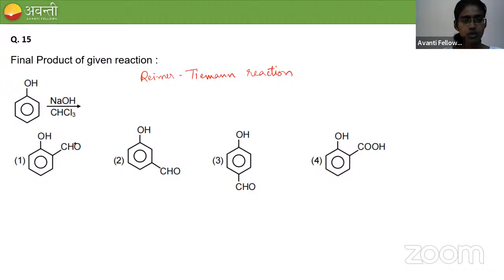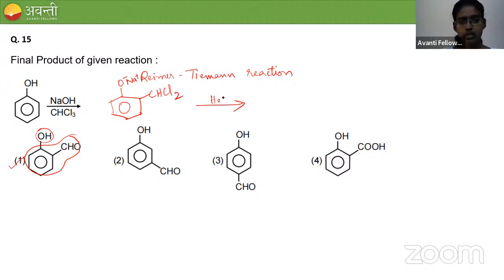So who is orthohydroxy benzaldehyde here? Ortho means adjacent position, right? In the adjacent position, OH should be attached, which is a hydroxy group. So orthohydroxy, and this part is the benzaldehyde part. So this is the compound you will get from this reaction. First, it will form an intermediate. Phenol on reaction with NaOH forms an O minus Na plus kind of intermediate, and here CHCl2 will go and get substituted. Then on hydrolysis and reaction with water, we will get this